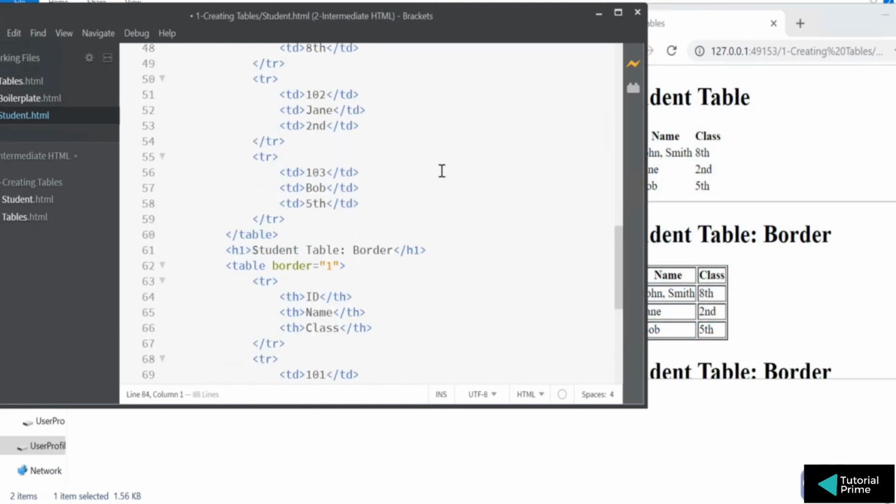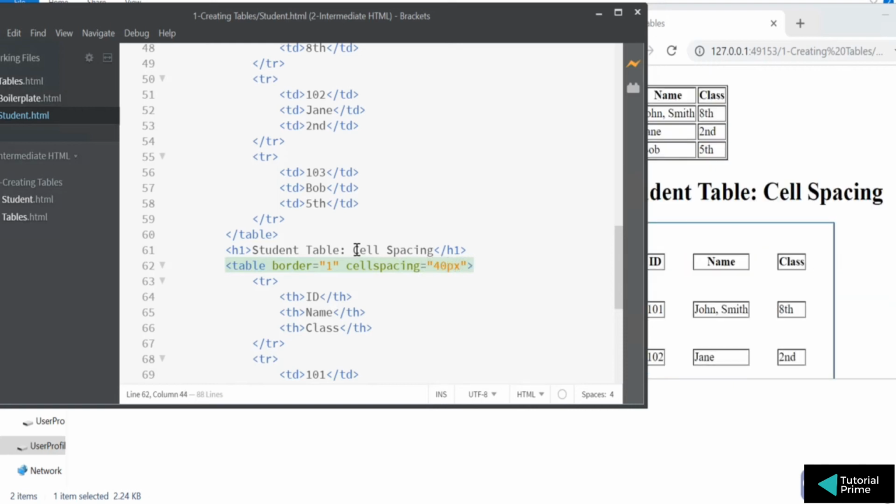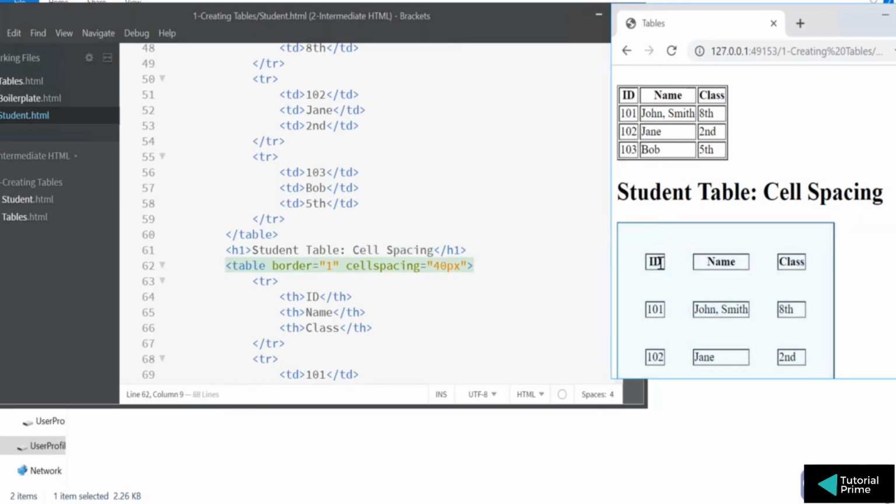Okay, let's create another example. The next example is called cell spacing. Okay, you can add cellspacing, that is the attribute, and you can mention how many points it is. Px means points. The spacing is basically the spacing between the columns, right? If you see here, there are columns like ID and name.